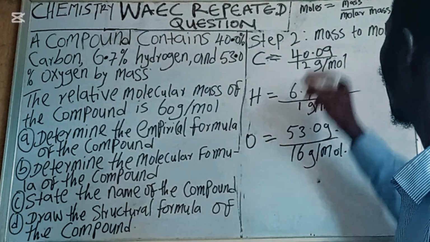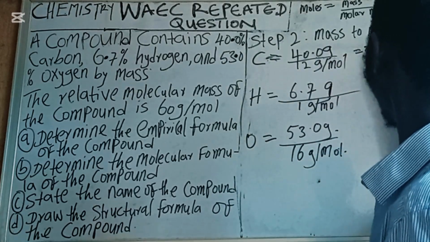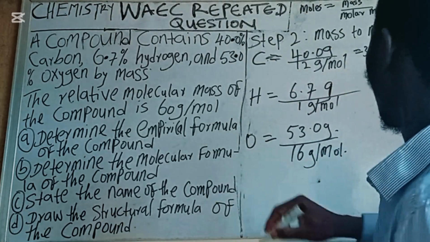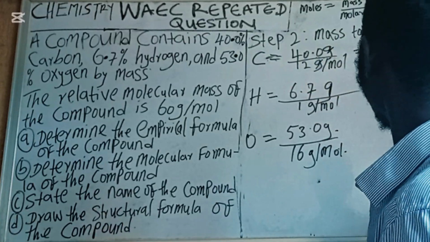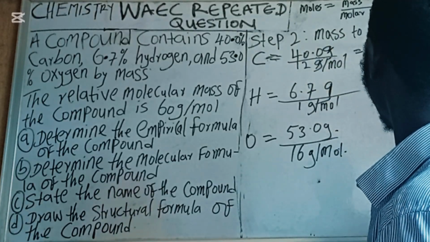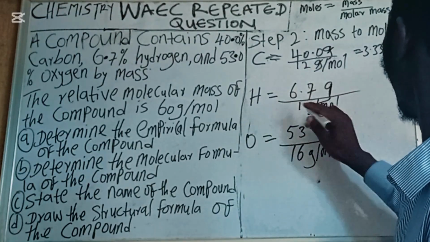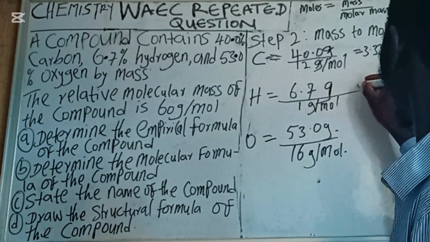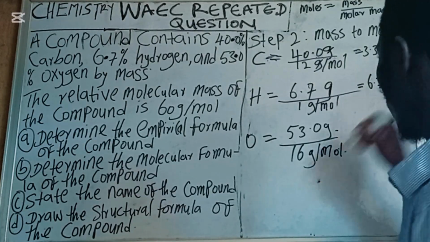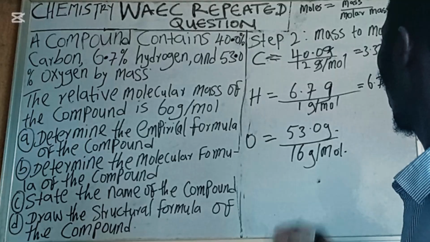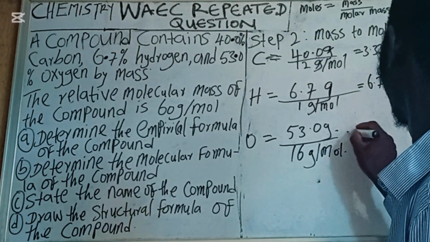So if you divide 40 by 12, it will give you 3.33. Now you see, gram will divide gram, so at the end you end up with moles. So you have 3.33 mole. The next is when you divide 6.7 by 1, it will still give you 6.7 mole. And the last, which is oxygen here, when you divide 53.0 by 16, it will give you